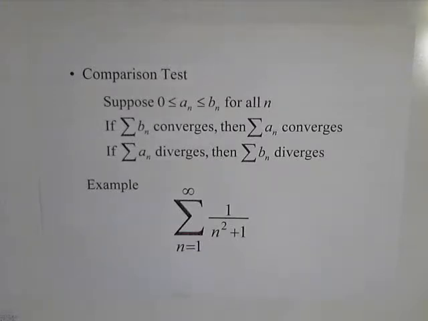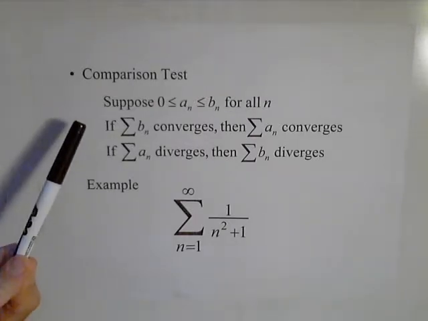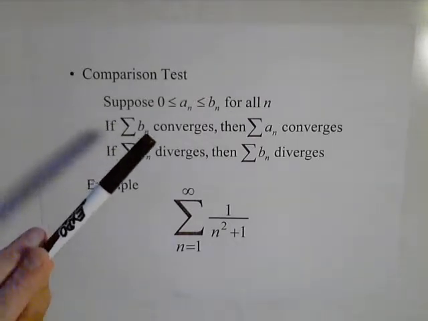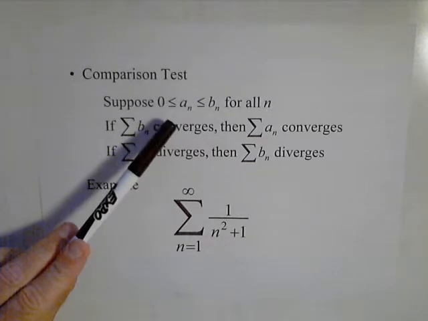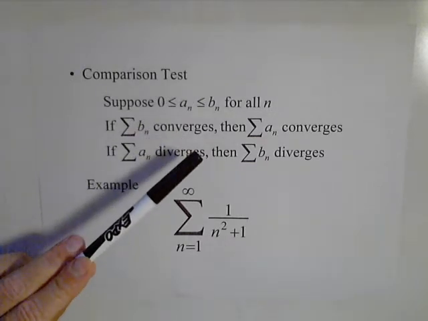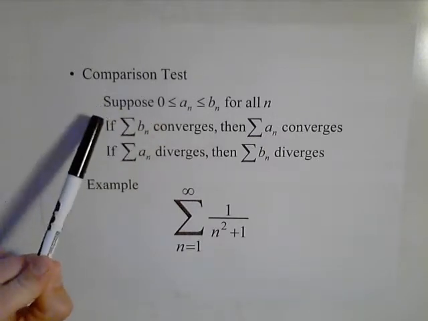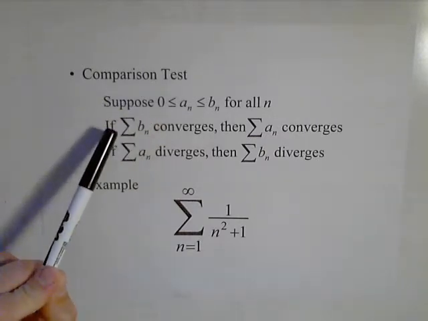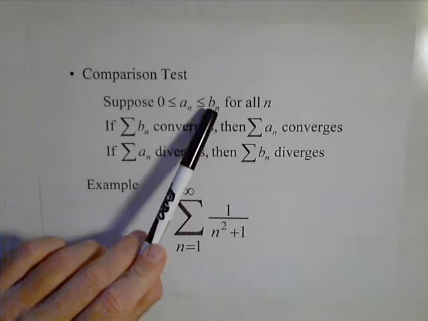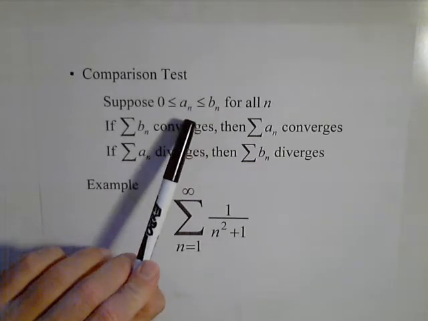So in this video, I want to talk a little bit about the comparison test and do a basic example. Now, the comparison test can be used for convergence or divergence, and it says that if we see that the sequence a sub n is always going to be less than or equal to b sub n for all n, with all positive, non-zero terms, then if b sub n converges, because b sub n is bigger, then the